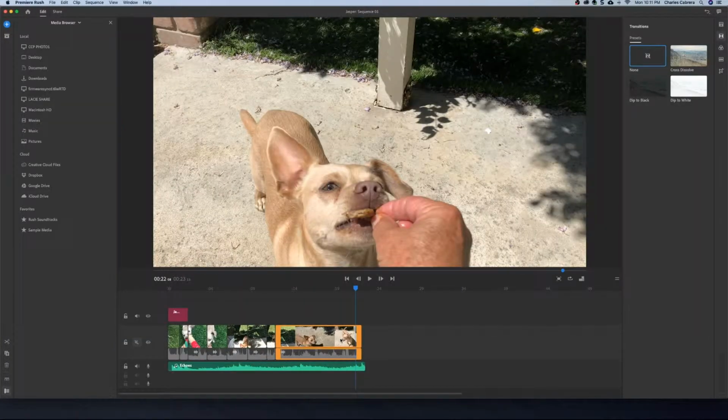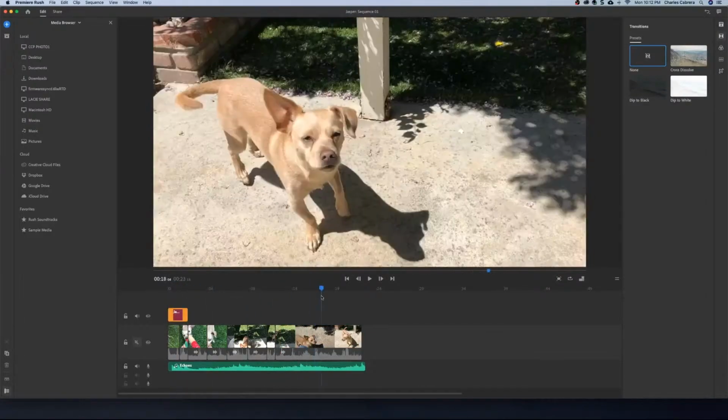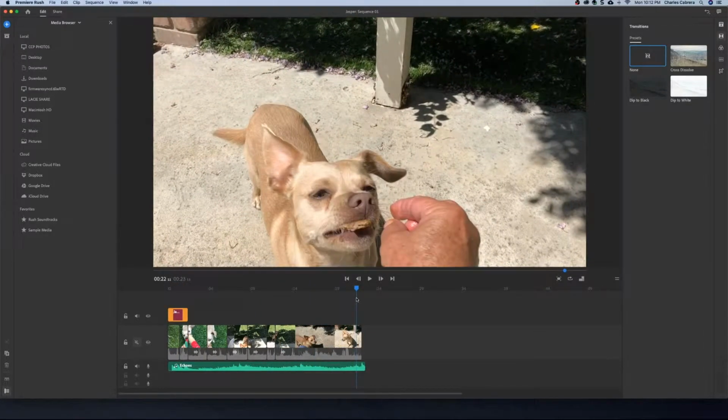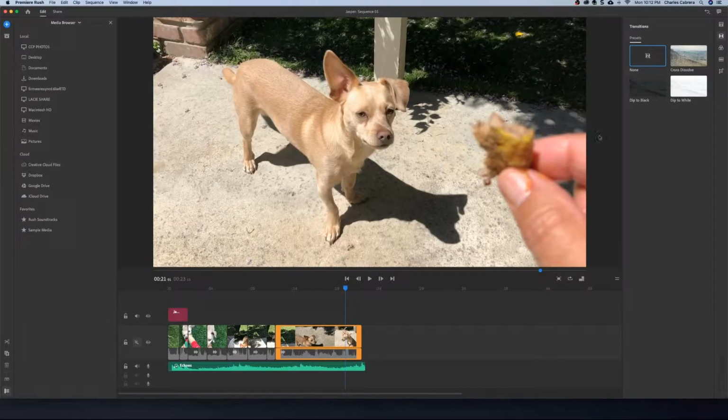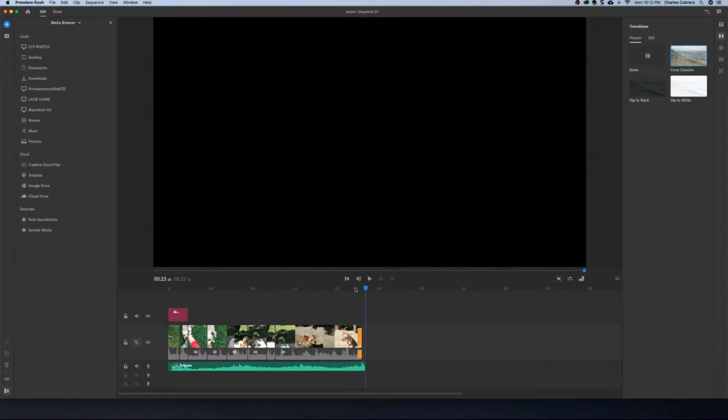We can add a transition to the end of our video and the audio. So that ended kind of quickly there. So at the end here, I'm going to go up here to the transitions and click and drag transition right here onto the end of the clip. And you notice that it went also onto this part of the audio, but that's okay. So now it fades out,